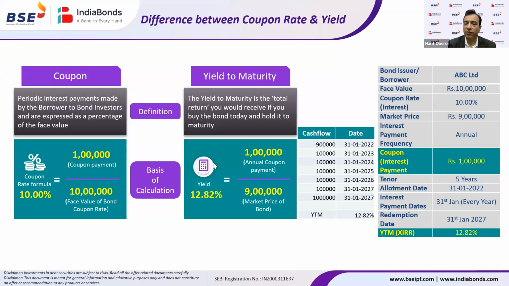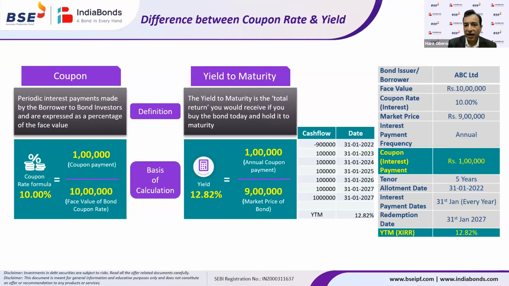It can be because of market demand and supply, or because of a change in the base interest rates in the market. We've seen in the last 1.5 years that the base rate, or the repo rate, has been increasing continuously. So the price of the bond was falling and the yields were rising. The price of a bond keeps on changing during the life cycle of a bond.